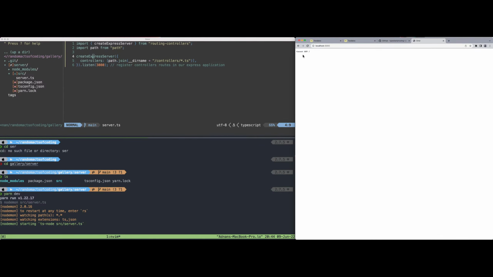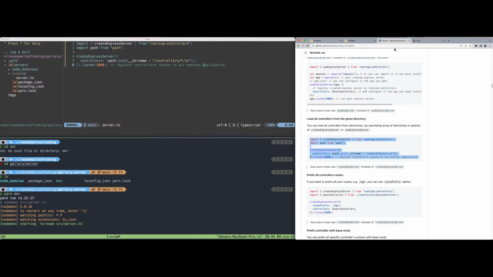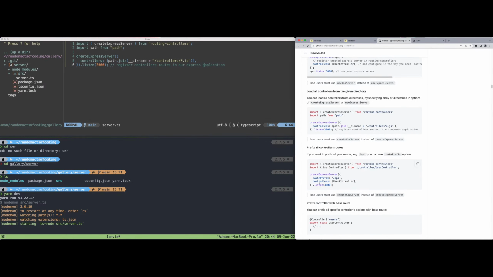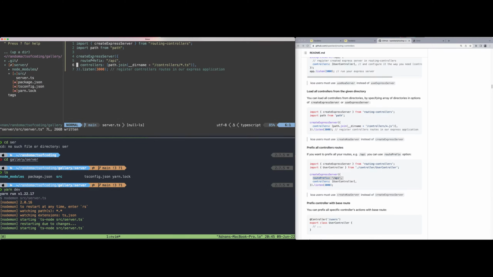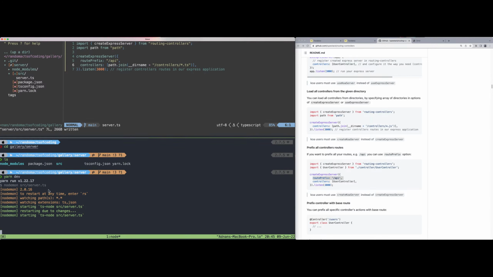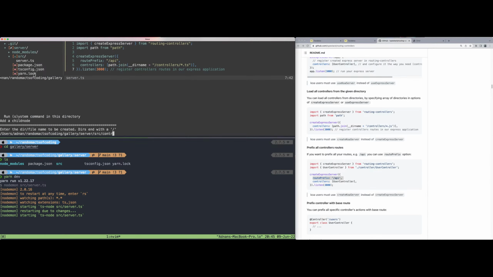And cannot get slash because we don't have it. I do want to maybe have a route prefix with slash API, just so it's clear that this is in fact an API. And then I'll, okay, and I do see nodemon is working here because it's restarting. And I wonder whether nodemon will work based on everything in the directory, or whether I'll have to specify for it what to watch. So let's go ahead and create the controller directory here, and your typical welcome controller,